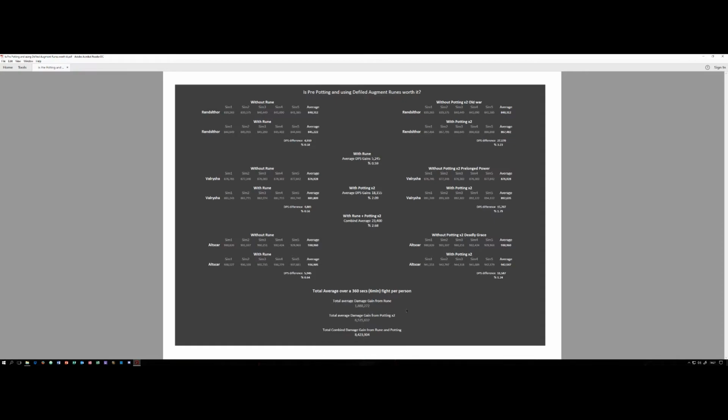A person with a rune equipped should get on average 1.8 million extra damage done over the course of the fight. A person that pots, pre-pots and pots during the fight should see on average about a 6.5 million damage done gain during the course of the fight. Now these numbers might seem low when someone's doing damage on a boss of 300 to 400 million. But when you look at the total combined damage gain from the rune and potting of 8.4 million,